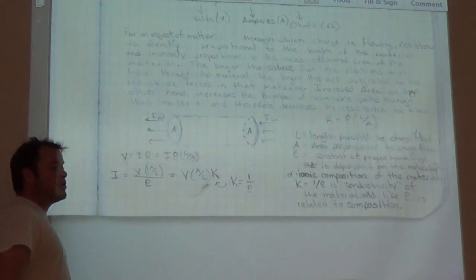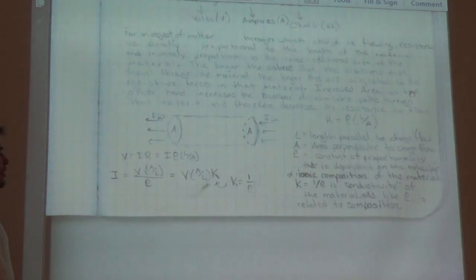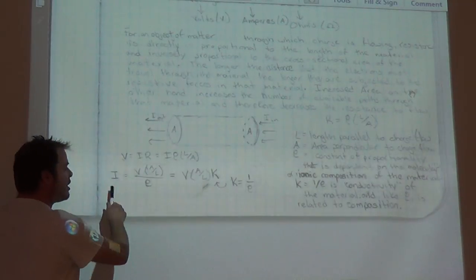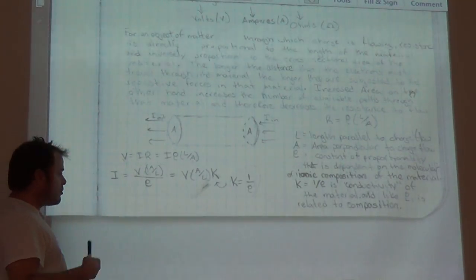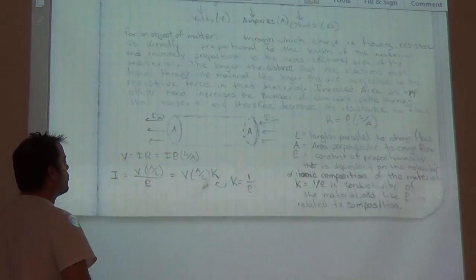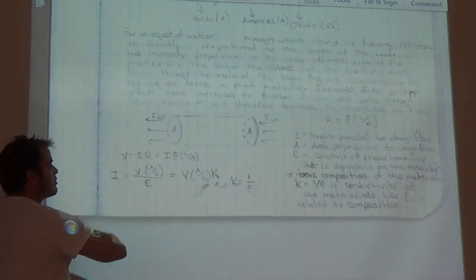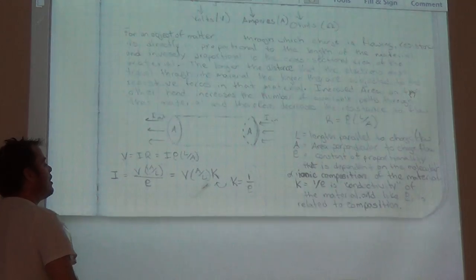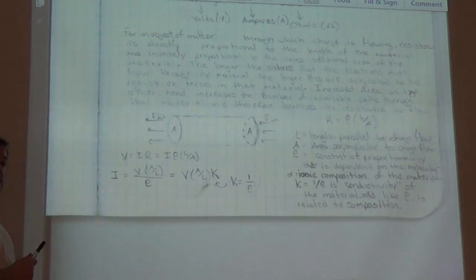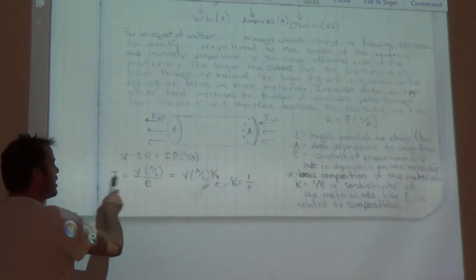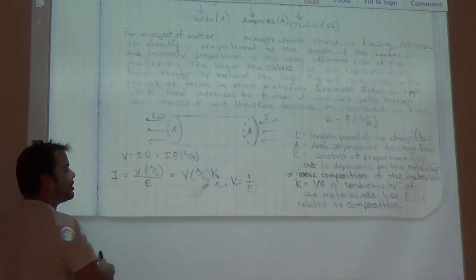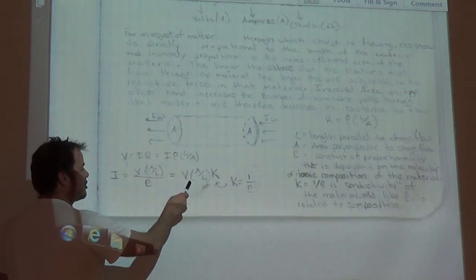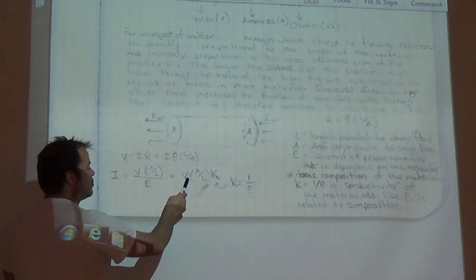In your book, they show you that rho gets turned into this thing called kappa. And it's kind of easy to see why defining it as kappa is useful. If we rearrange our expression for V equals IR and turn it into an expression for current, we'd always like to know how much current we can expect to have flow through a material if it's set at a particular voltage. So if we recast this expression in terms of current, we see that the current is proportional to the voltage